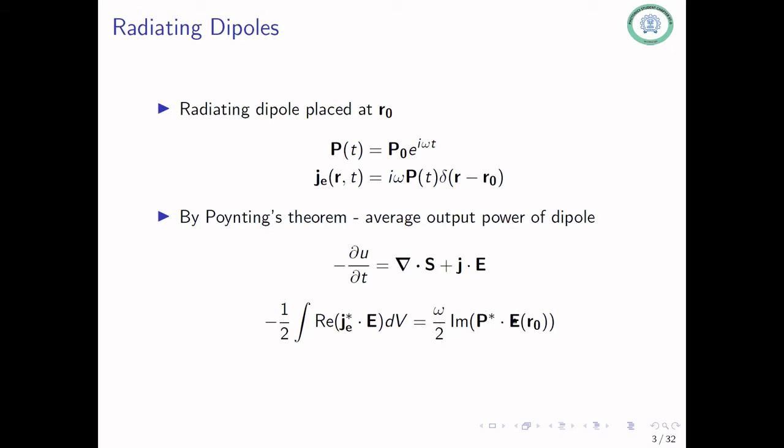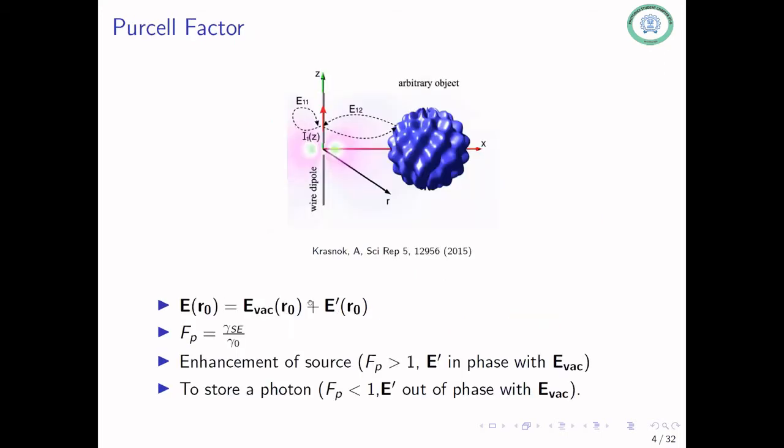So if we can enhance this electric field, that will allow us to extract more power from our dipole. Of course, you'll have to supply it to the dipole indirectly, but you can get your dipole to emit more power. When you couple it to a cavity or to any kind of object, there will be some vacuum electric field. This is just the field produced by the dipole at its own location. On the other hand, you'll also have some contribution of the reflected field. So there's a self effect and there's a reflection effect. And so your total electric field is different from the free space field.